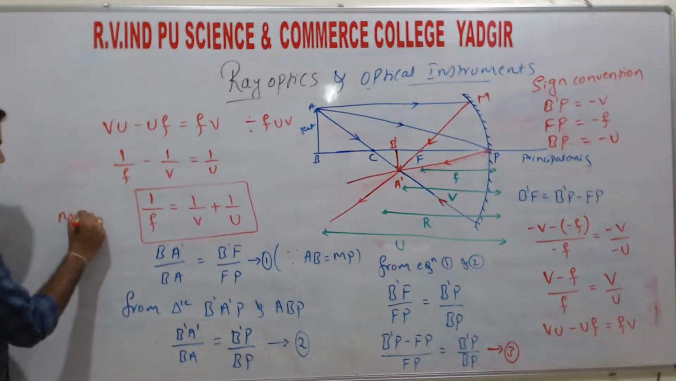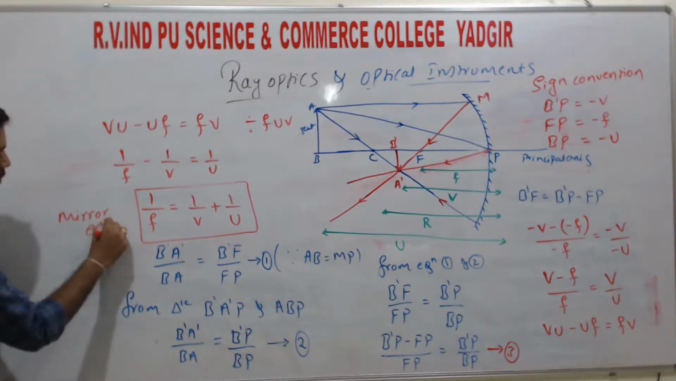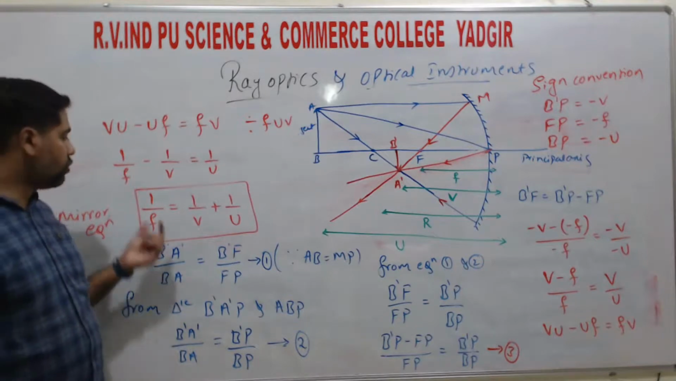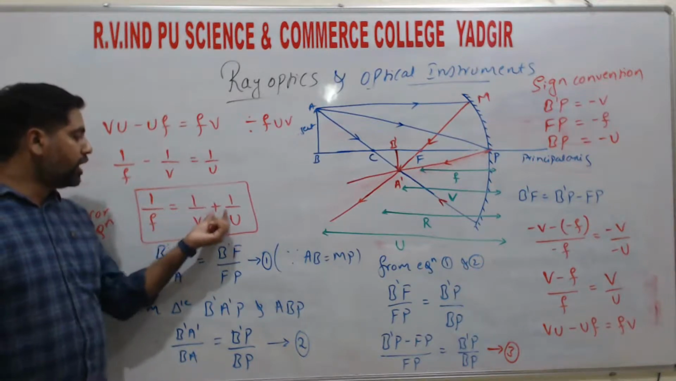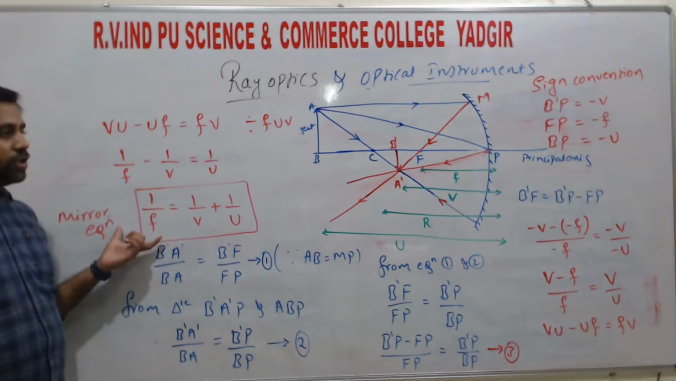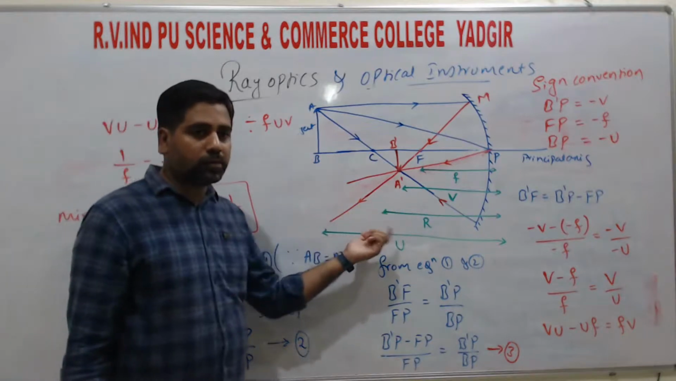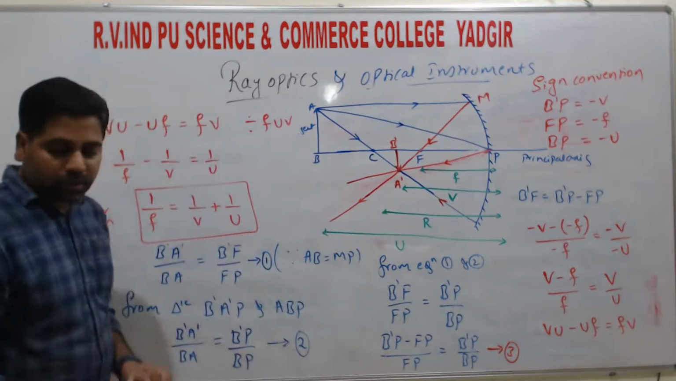So this one is the mirror equation, the final solution: 1 by F is equals to 1 by V plus 1 by U, right? This derivation is for 5 marks. This will help for solving the problems also, right? So next,